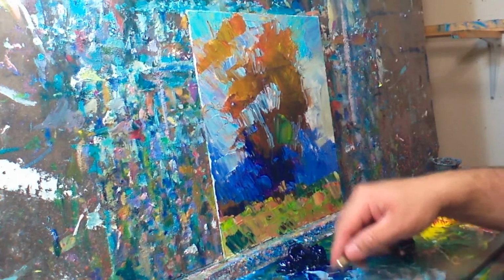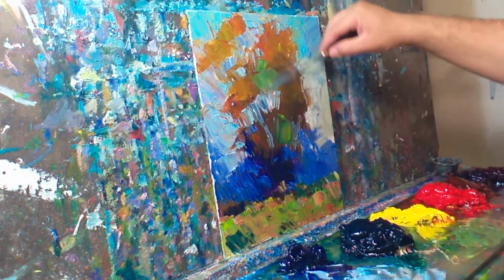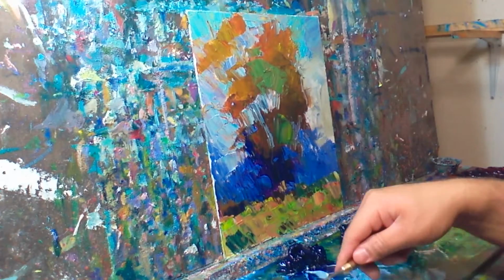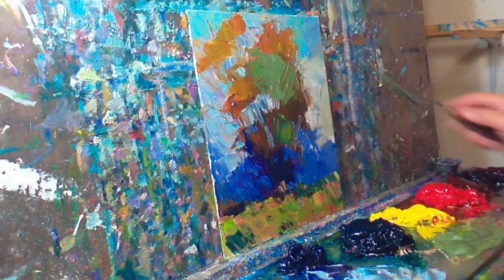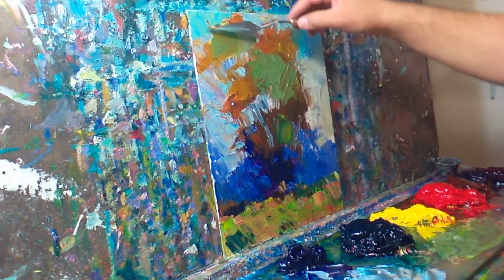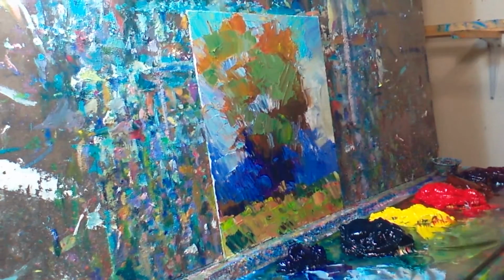And what is the overall, not just the tree, but what is the overall? What is the end of it? And then sort of philosophical, I guess you can't really escape the philosophical when you're doing art, but not in a conceptual way is what I'm trying to say. It's more experiential. What is the end of this tree? What am I experiencing? The overall